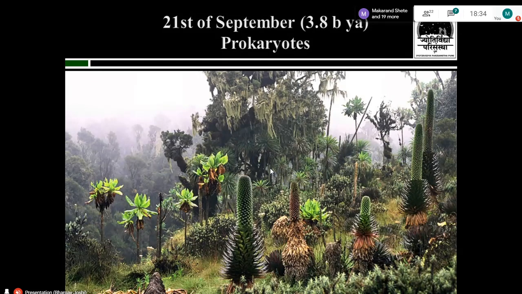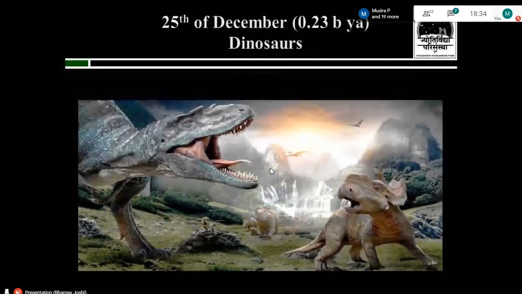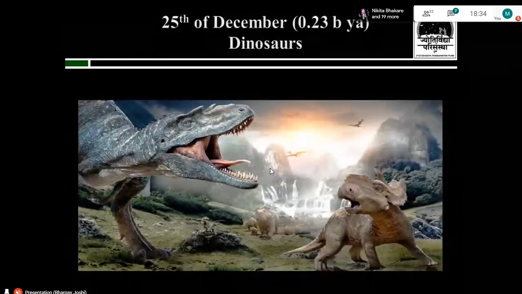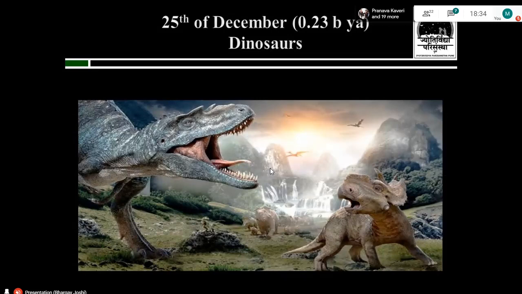So imagine the inferior signs of life were so late on planet Earth. The emergence of dinosaurs on the cosmic calendar comes on 25th of December, Christmas Eve. That's a good gift. Dinosaurs.